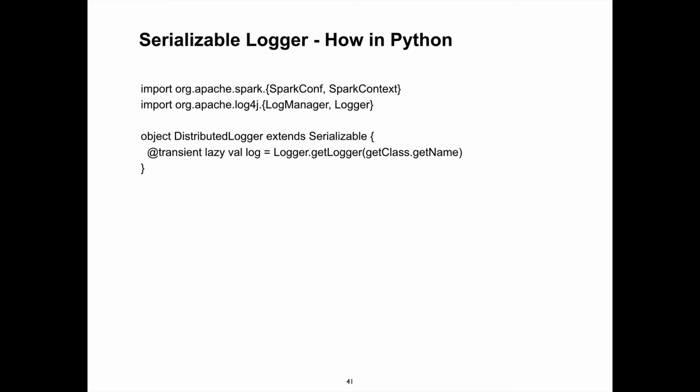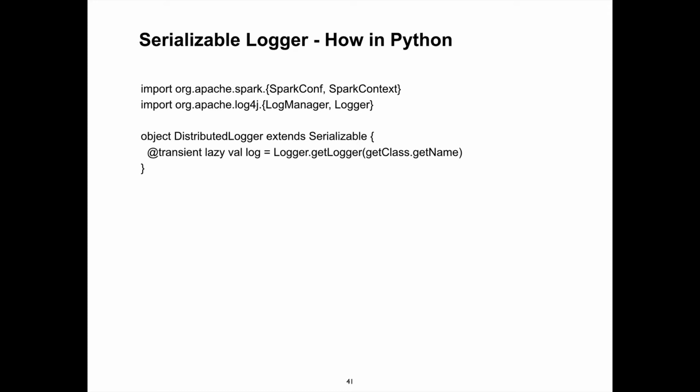We have to make it serializable, because it has to be serialized so the master can send it to the workers. Then we have to make it transient because we don't want to serialize the actual thing, since it's not our class and we don't have control of serializing it.